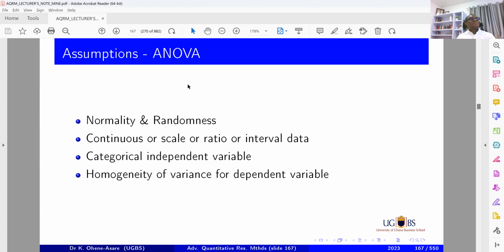Ebenezer? The H test. Sorry? The H test. What is the H test? The Kruskal Wallis test. Yes. So you should mention the full name, the Kruskal Wallis test. The Kruskal Wallis test is a non-parametric analog of the independent ANOVA. Guys, if you didn't know, please document it. Now, what about the